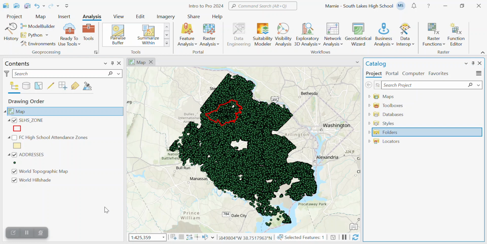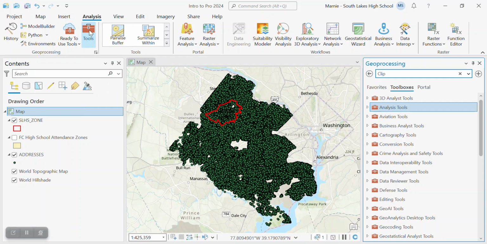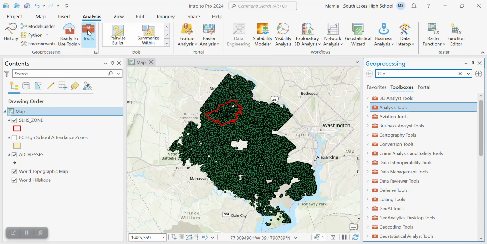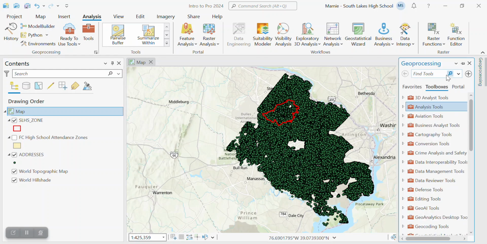The first thing we want to do is simplify these addresses. So we want to clip. If we have our tools here, we want to clip these addresses out. Notice how it has ready to use tools up here. We're up in analysis. We can go over to this toolbox always, and there's a nice geoprocessing window. We can pin this so that it's always right there, and I can always just go grab it this way too. Now, if I want to type clip,